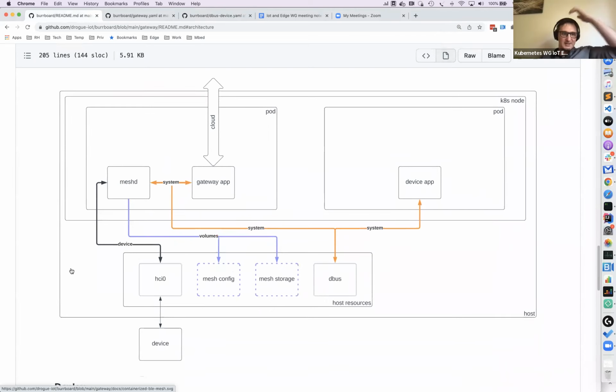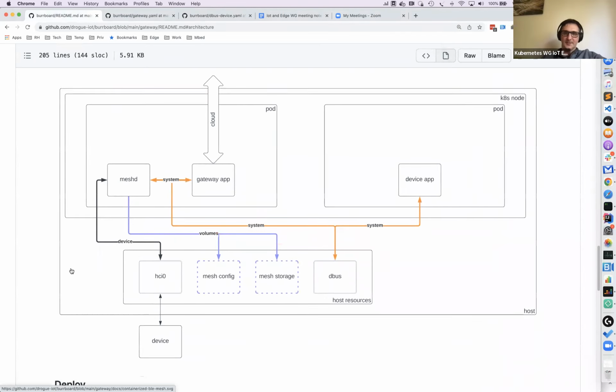So first, just an idea of how things work with the BLE mesh, what we try to do, how it works without containers, and what we try to do to make it work on containers and Kubernetes. This is a POC we have at the moment, and then we can talk about all these challenges and where we're going to go further with all this. I hope to get a clearer picture of how to deal with this.